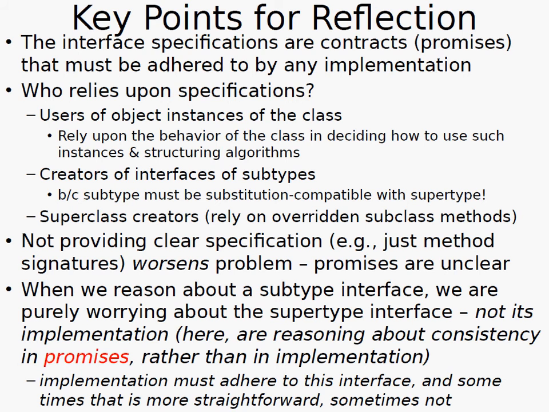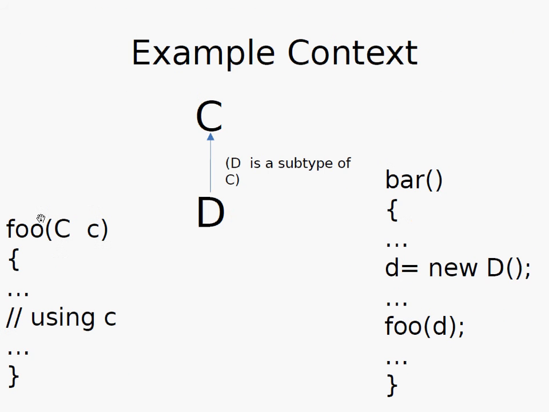The people who use a contract like this guy here in foo, who's using C, they're relying on the specification of C here. They're relying on the properties of C. Do you appreciate that? You understand what I mean? Foo is relying on C's behavior as promised through this interface. If you go look at the documentation, the specification for C that says what it does, foo will be relying